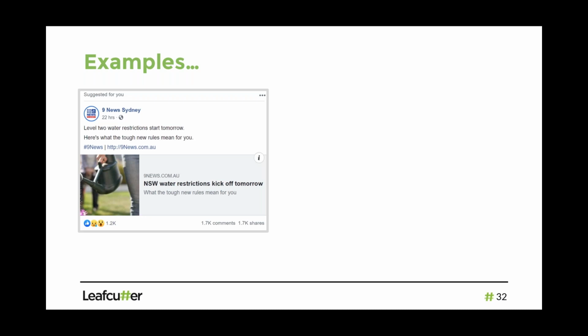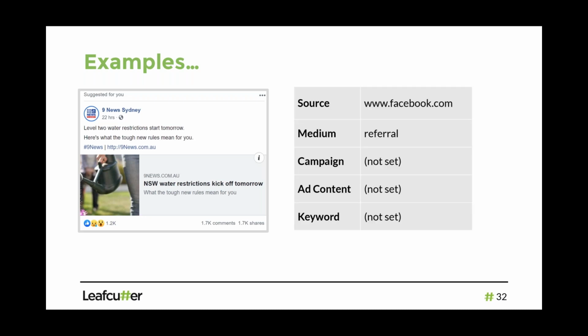So I was like, okay, cool. That's a pretty easy example. In that case, here are the values. Google would say the source is facebook.com, the medium is referral, there's no campaign, content or keyword. That wasn't set with this link. So in that case, from these values, Google Analytics would say, okay, the channel is social because it's referral traffic, but it's from a social source. It's from facebook.com, and Google Analytics knows, okay, that's social. So it'll put it in the social channel.